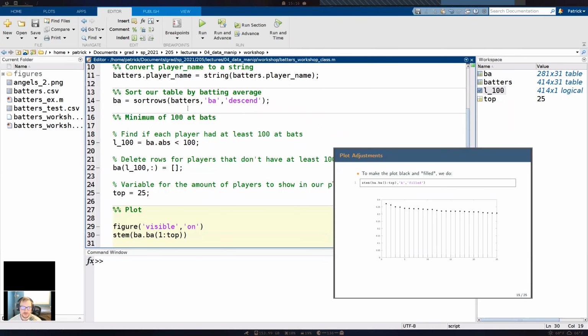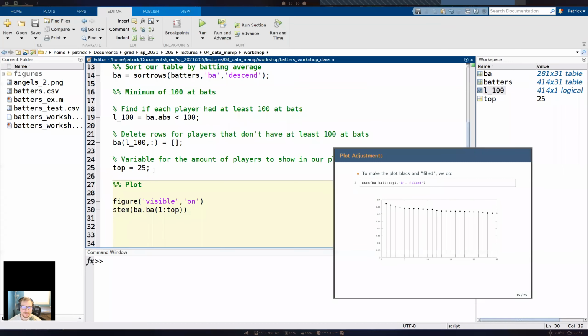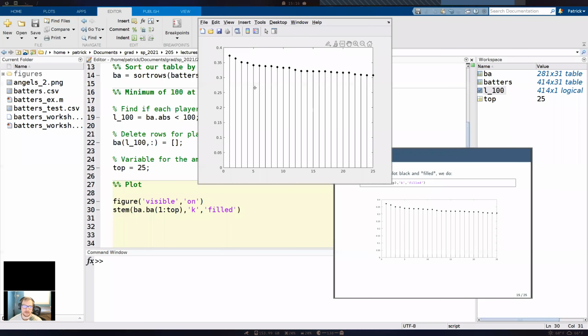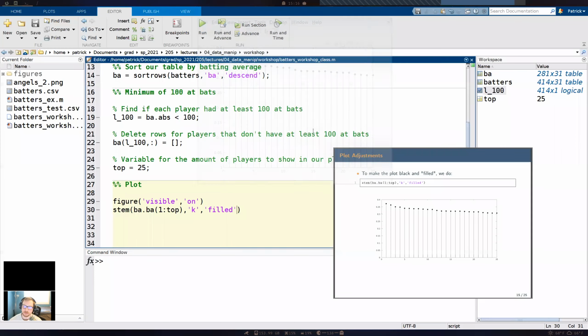Pretty much on every single row here, we did something new, I guess besides this one. Alright, so we're going to do K. K means black. And then we're going to put in another new argument called filled. If the data table didn't work for you, it would be tough to follow along. Okay, so if we do that, then now we have this new plot here that has black lines, and it's filled in with black circles up top.